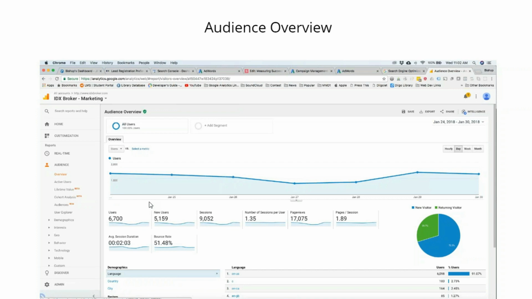Under audience overview, this is just the overview page. Under the audience section in Google Analytics, you can get all sorts of useful information, like the demographics of your audience and interests. If you come into your interest reports, you can see in-market audiences, the things that your users are interested in, and then you can use that information to better target your AdWords campaigns, because interest and remarketing is a huge part. It's one of the bigger targeting options for display campaigns in AdWords. Display campaigns are not search campaigns, but